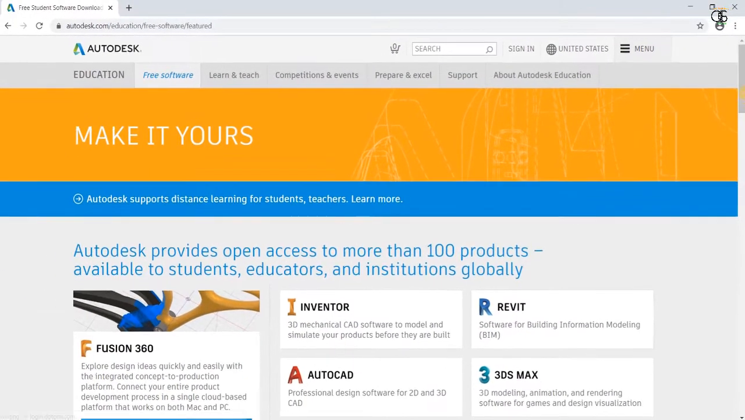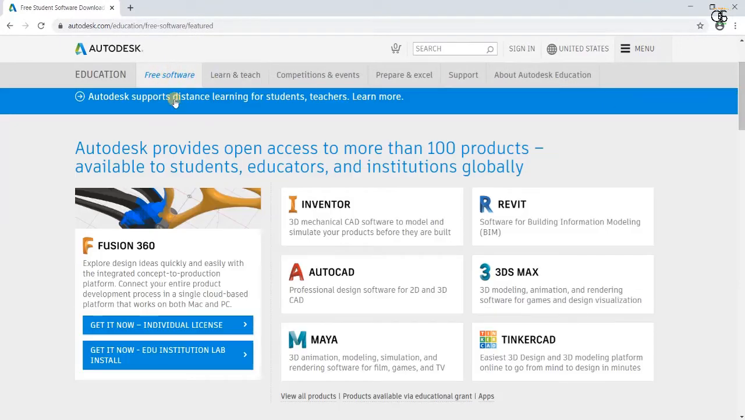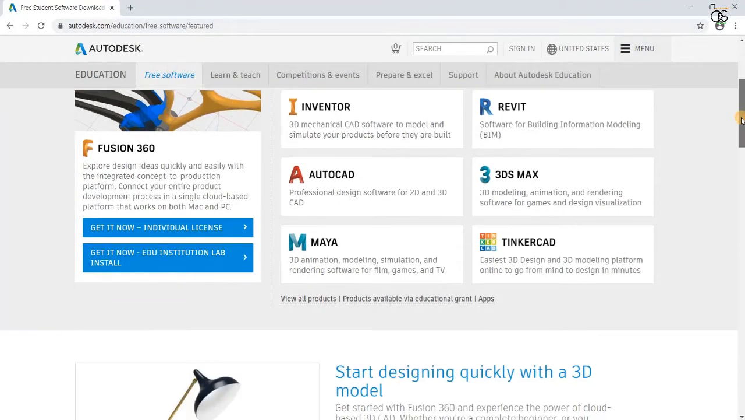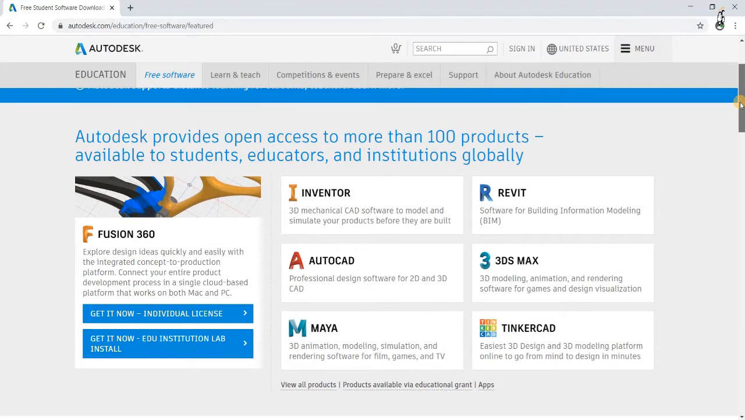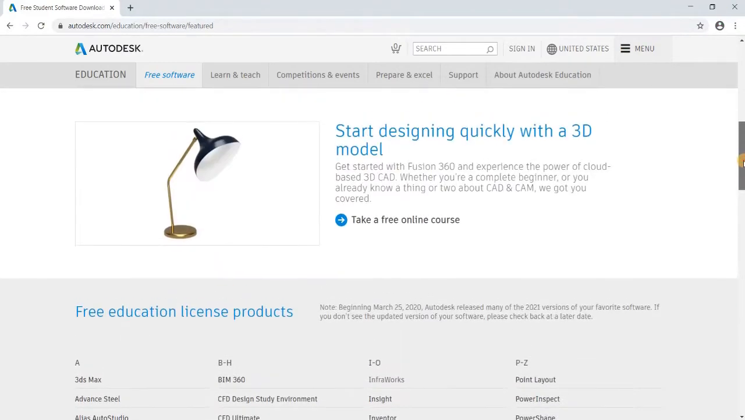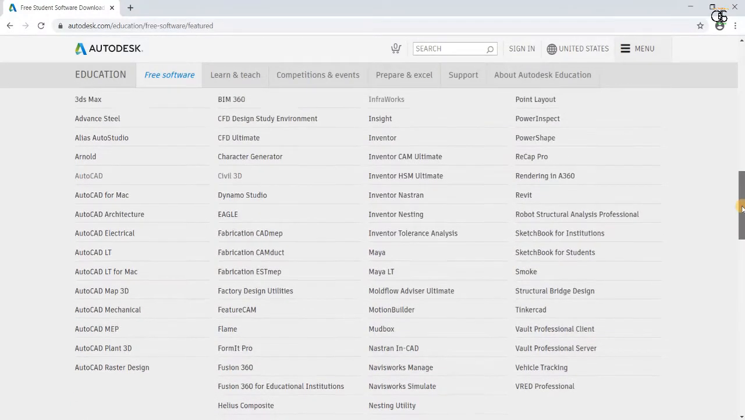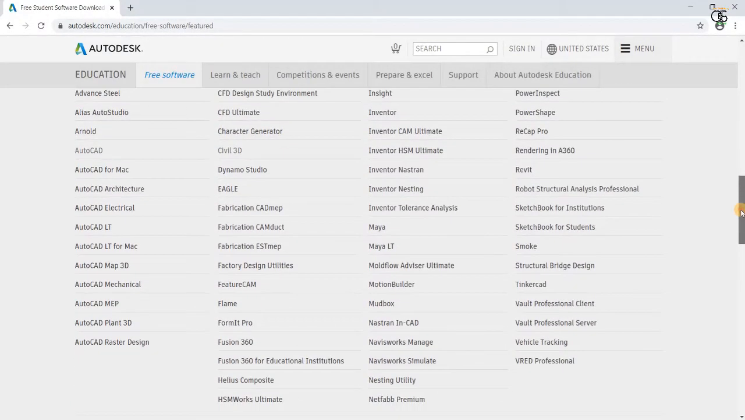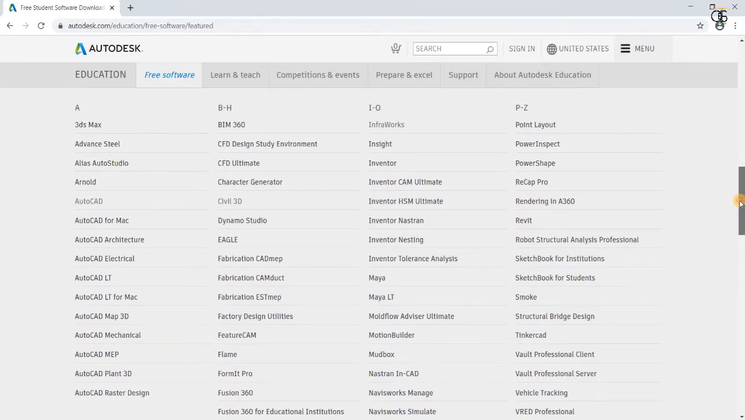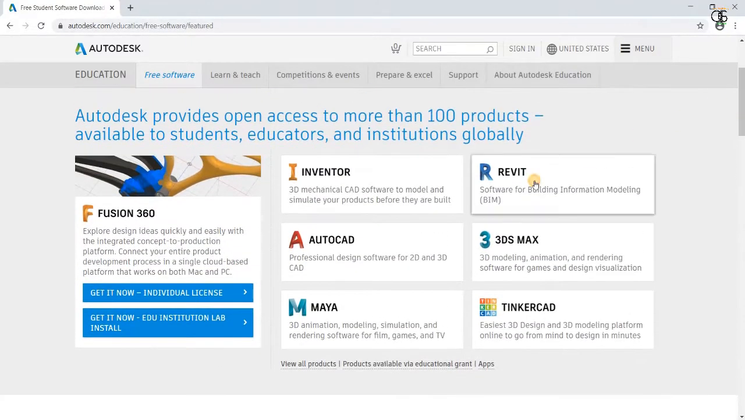In this page you can see free softwares here, and you can download any of these softwares by using student license. And moreover, if you go down, you can see a lot of softwares here. You can get all of them by using student license from Autodesk. So we need here AutoCAD